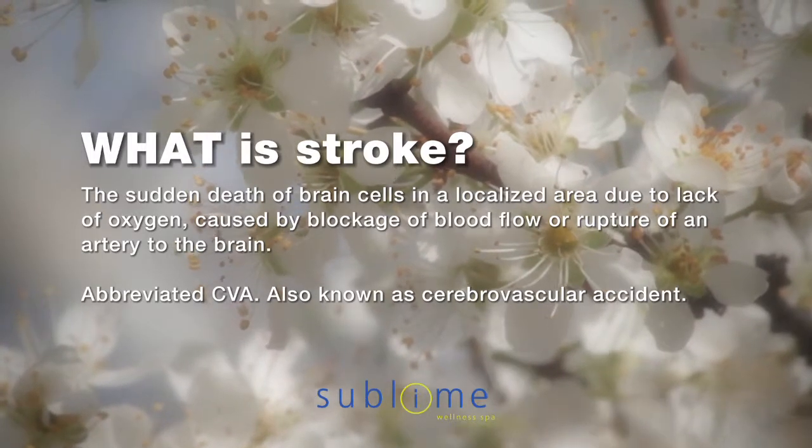So there's really two main types of stroke. One can come from a clot, so you're not feeding oxygen to that area of the brain and the cells die. You can think of a big Charlie horse in your leg when you're working out and you're not getting oxygen there. This is similar, but in your brain, and when cells don't get oxygen, they become necrotic.